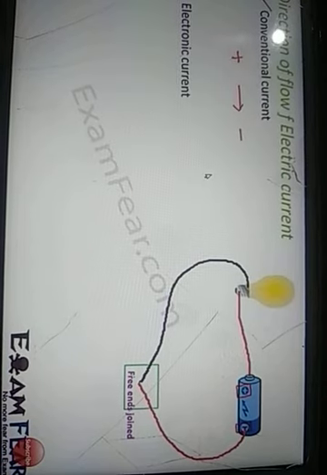the direction of electric current would be from the positive terminal towards the negative terminal of the cell or the battery. So when you look at the circuit, you will have a battery, and if you observe, you will see a plus and a minus sign on the battery, which denote the positive and the negative terminal of the battery. Since the electric current is because of protons, as we say in the conventional current, that means positively charged particles will come out from the positive end. That means the direction of conventional current is from the positive towards the negative terminal.